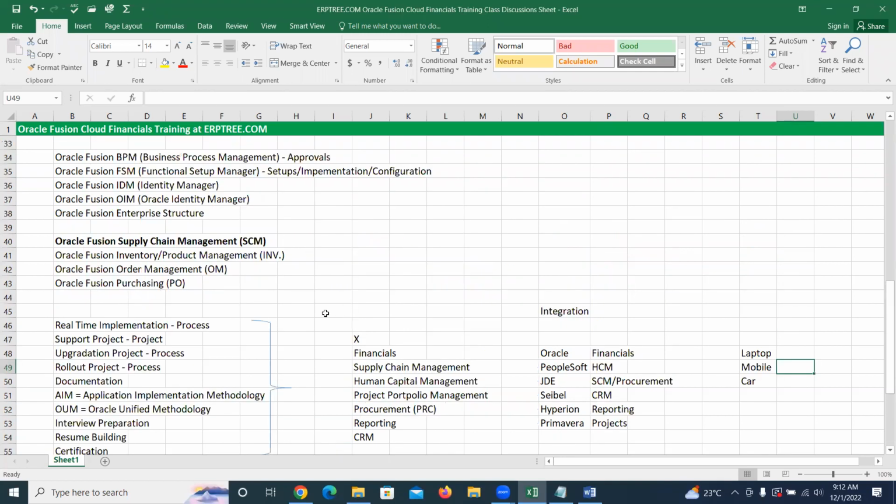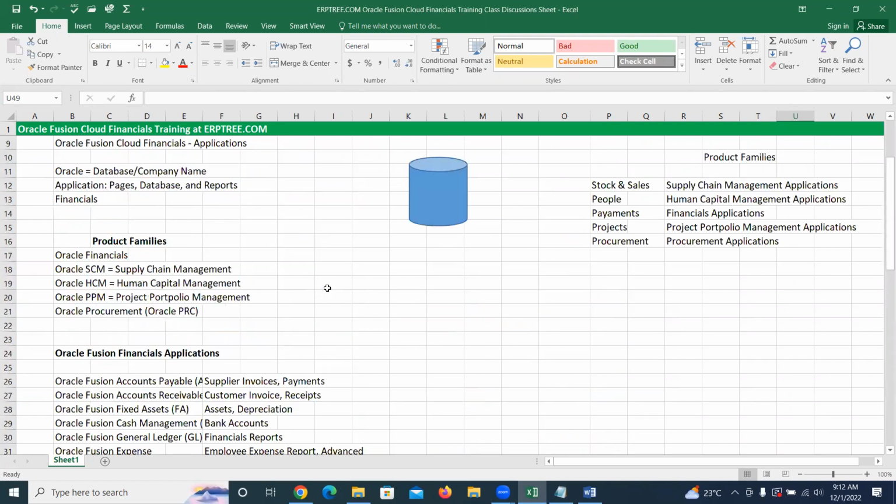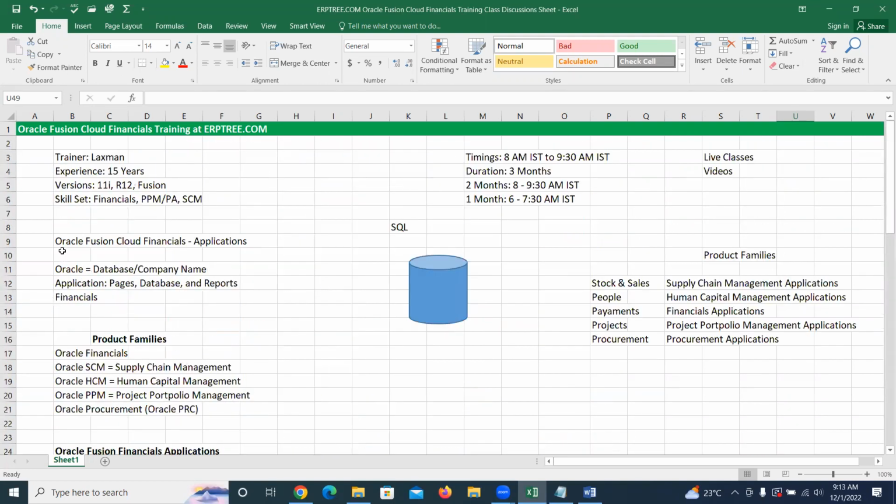Yeah, thanks. Now let's talk about what it means by cloud. When you look at our course name, the course name is Oracle Fusion Cloud Financials. We are very clear about the meaning of Oracle, applications, financials and Fusion. Now, what is this cloud? What does it mean by cloud? So when you talk about cloud,